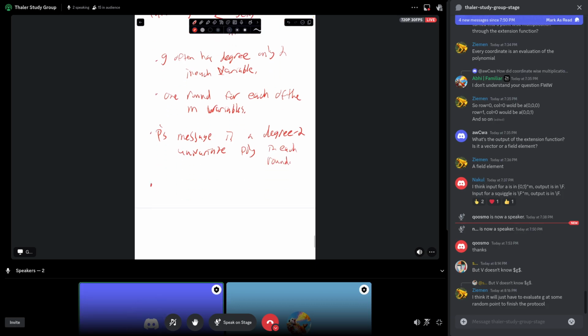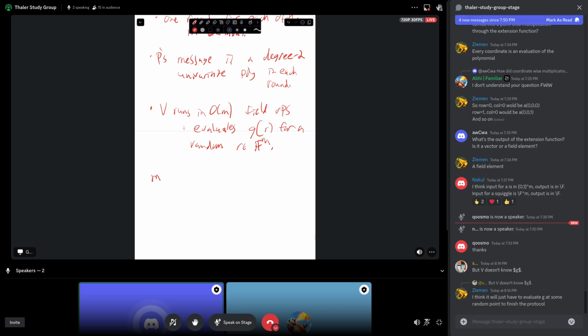The verifier, as a result, runs in order m field ops and evaluates g at a single point. In practice, m will be log of the number of constraints in your constraint system,